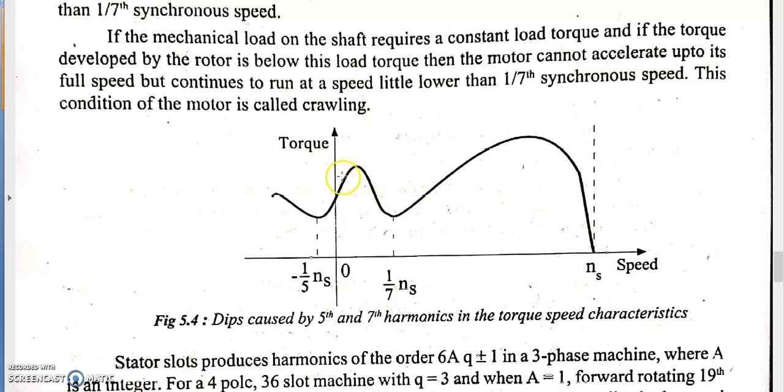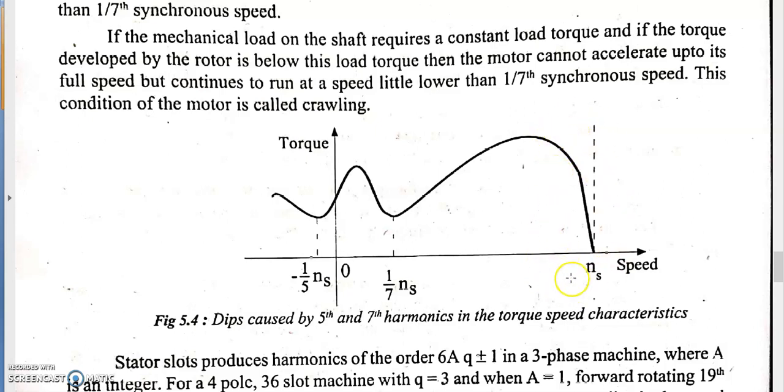So the same thing will happen for this motor here actually. So this point is related to here, and so this is the motoring operating region, motoring torque. This is the maximum torque for the 7th harmonic component. So here it may be 0, and this is the negative region. So this is actually the steady state operating region. So this is the point at which the motor speed is 0 here. So here the speed is ns, but here the speed of the induction motor is nearer to the synchronous speed.